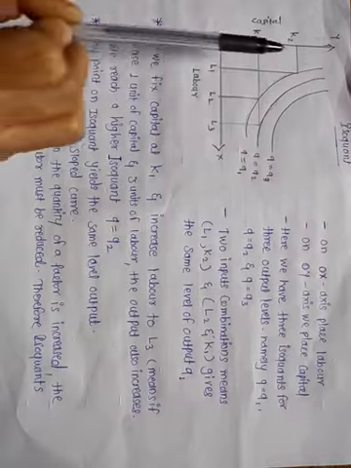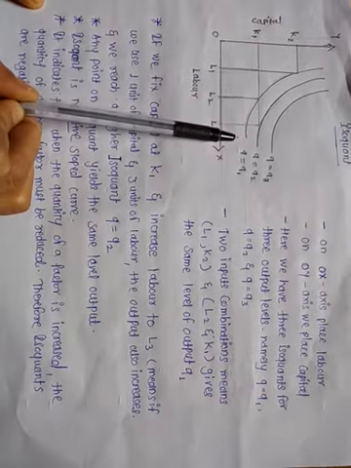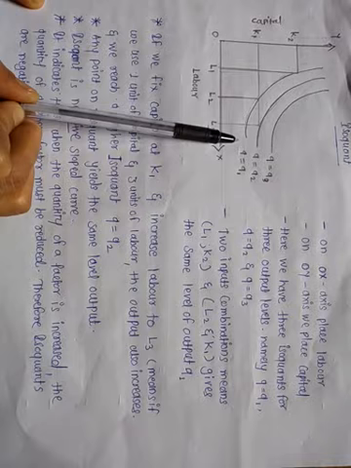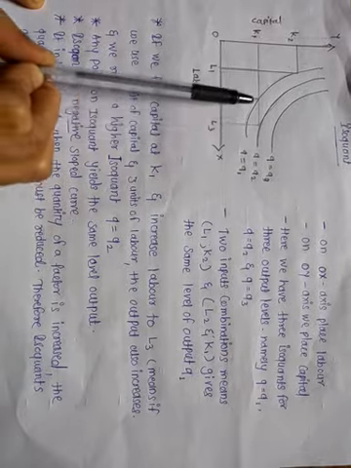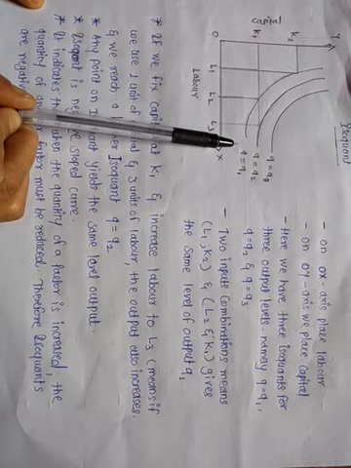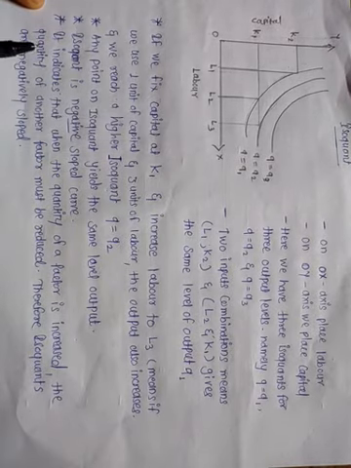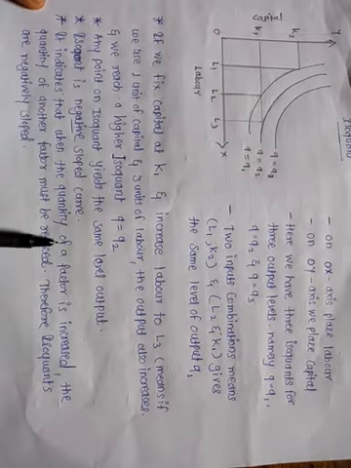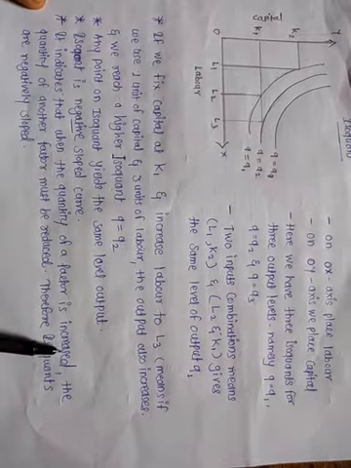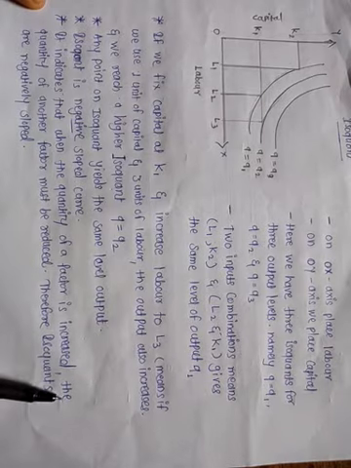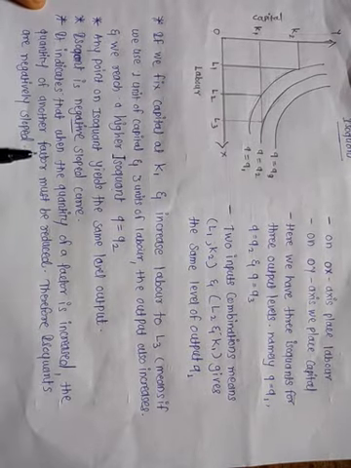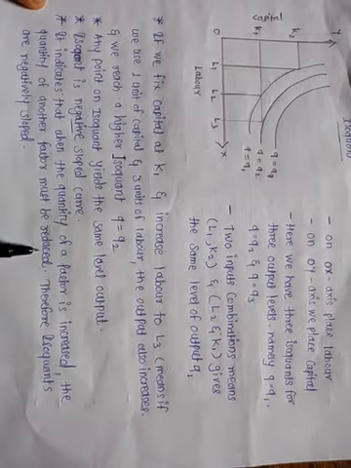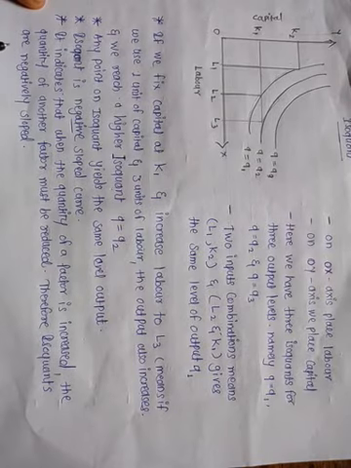So the isoquant is a negatively sloped curve. Why is the isoquant a negatively sloped curve? Because it indicates that when the quantity of one factor is increased, then the quantity of another factor must be reduced. Therefore, isoquants are negatively sloped.